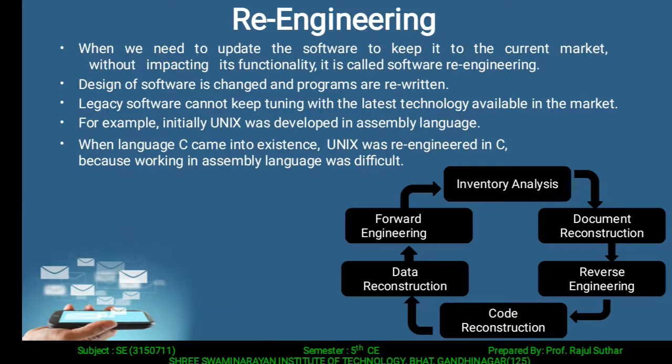What do you mean by re-engineering? So re-engineering is the process of software development which is done to improve the maintainability of the software system. Re-engineering is the examination and alteration of the system to reconstitute it in a new form. This process encompasses a combination of sub-processes like reverse engineering, forward engineering, and reconstructing.